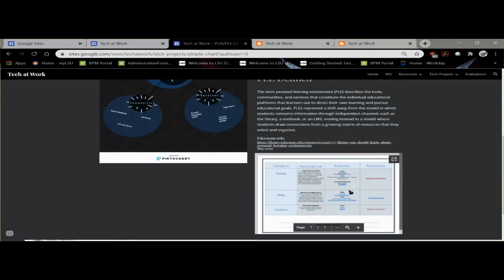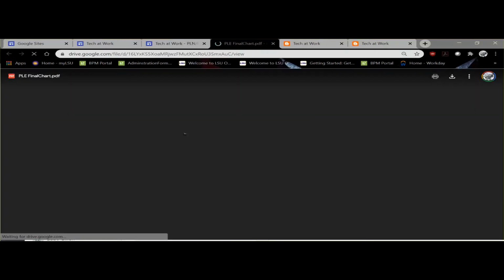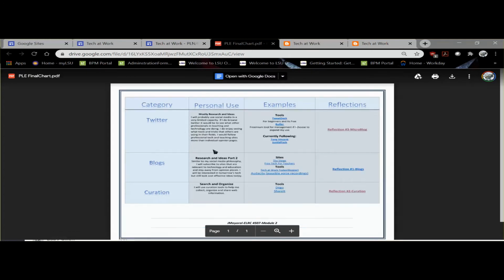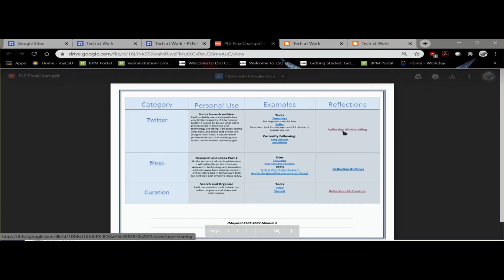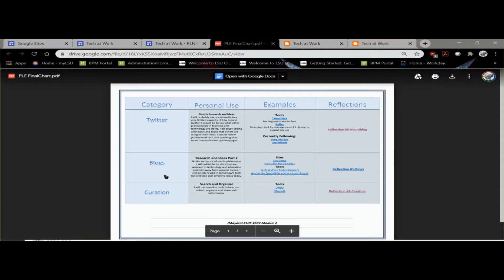We did cover, excuse me, we also did reflections. Reflections, to me, reminded me a little bit of our blog post, in that it's not a necessarily rigid way of writing so much as that it's just you putting out opinion and thoughts on a specific subject, and in these cases it was Twitter, blogs themselves, and some of the curation tools.